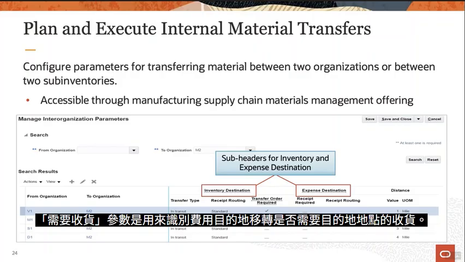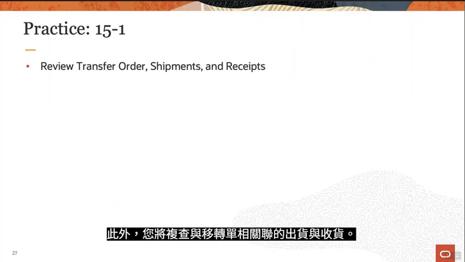But before we get into our practices, let's review the content for this chapter. In this lesson, we should now have learned the following: how to describe transfer order sources, explain internal material transfer planning and execution,